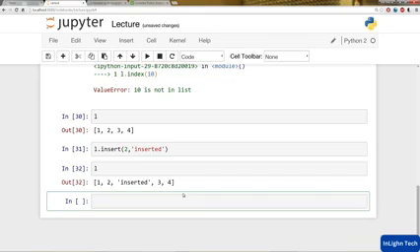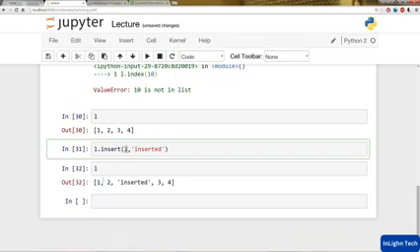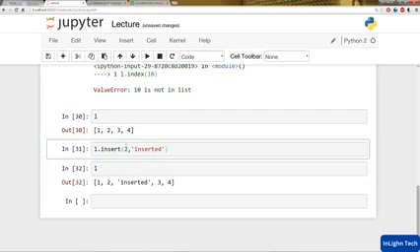So what does my list look like now? Notice how it has the inserted at the 2 index. So 0 index, 1 index, and at the 2 index, it's placed this string inserted here. So again, you put your index in first, and then the object you want to insert second. Okay, might be useful if throughout your code you really want to make sure that you know the particular index